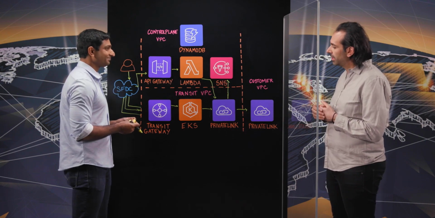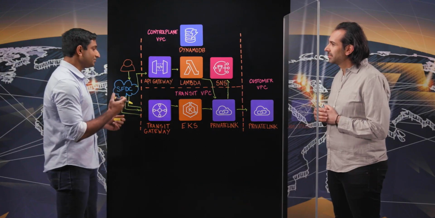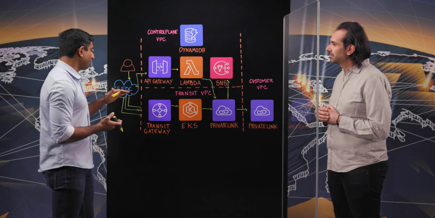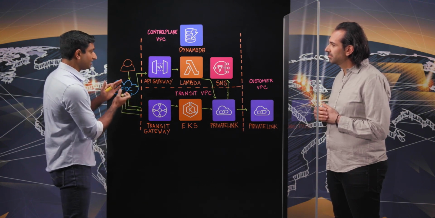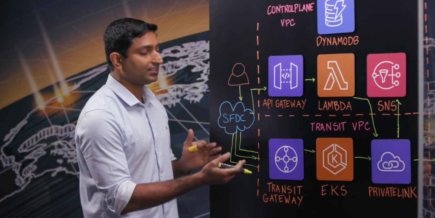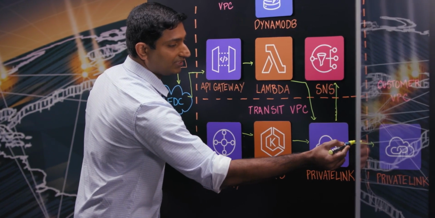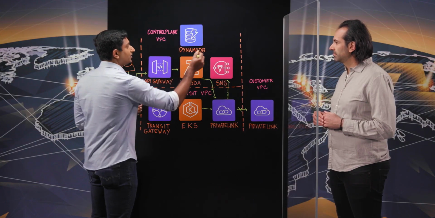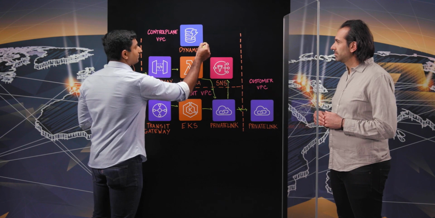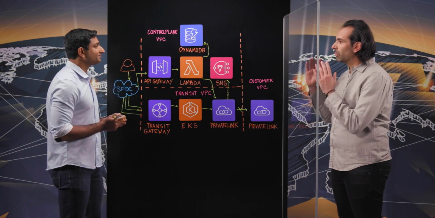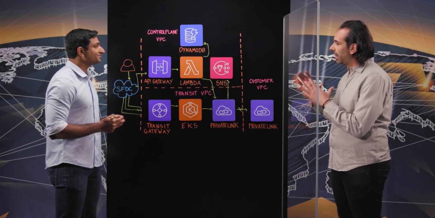That's true. Understand. So once the secure connection is established, what happens when I don't need it anymore? So customers can go back to their Salesforce UI and do the connection tear down process, reversing the connection setup which we did earlier. This connection gets torn down, as well as the customer metadata which has been stored in DynamoDB, that also gets removed. Great. So a lot of automation has gone on, and you've got a really scalable solution here.